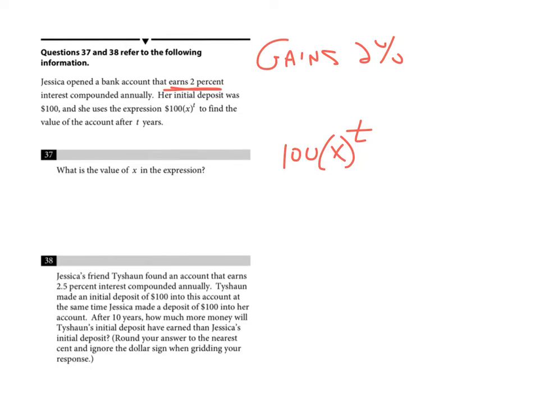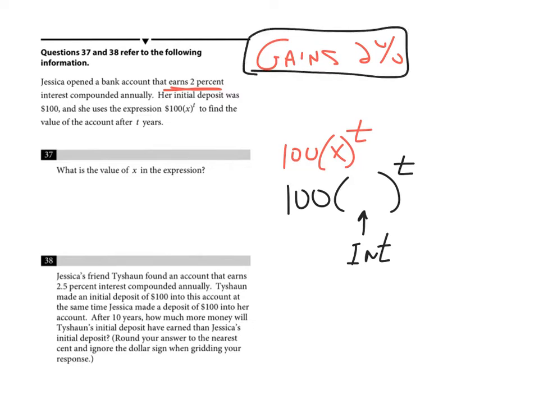Well, you start off with your initial deposit of $100, and you multiply that by the interest raised to the power of t. So, for example, after 1 year, it earned whatever the interest is raised to the first power. After 2 years, it earns whatever the interest is to the second power. So here, since it gains 2% every year, if it starts off with 100% and gains 2%, basically every year it's earning 102%